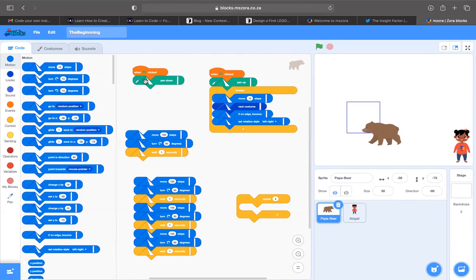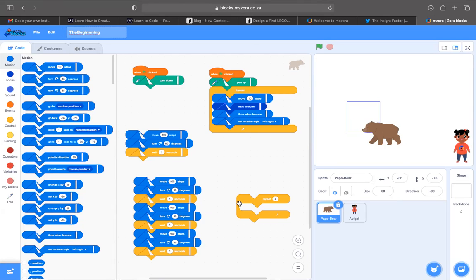We told our computer to draw a square, step by step. First, you move 100 steps. Secondly, you turn 90 degrees. Thirdly, you wait 1 second. Fourth, you move 100 steps, you turn 90 degrees. So we saw how we can build an algorithm, and these algorithms can be quite long, depending on what you want to do.